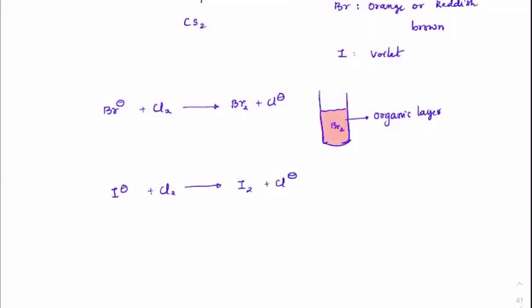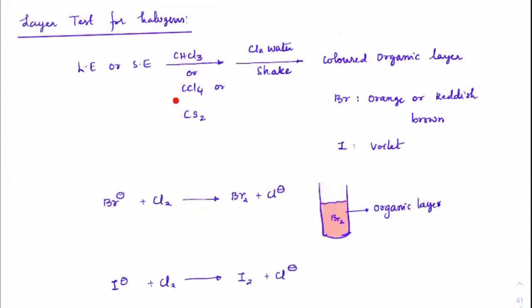I hope you understood. See, bromine is non-polar, that is why it is getting dissolved in this non-polar layer. So when I took chlorine water, there would be two layers here. One layer would be above, which will only have water in it. Bromine won't get dissolved here because bromine is non-polar. It will only get dissolved in a non-polar solvent. So water will come up here, and the rest of the bromine will settle down in the organic layer. So that gives a confirmation of the presence of bromine. The same can be done for iodine as well.